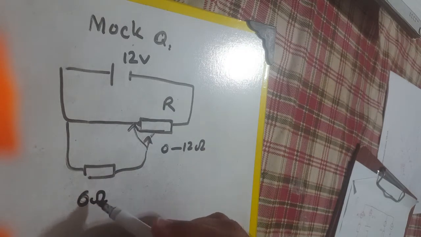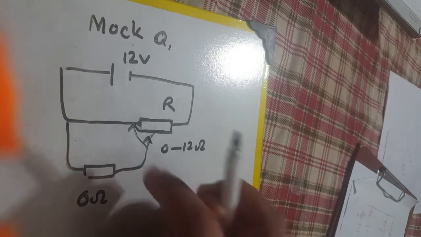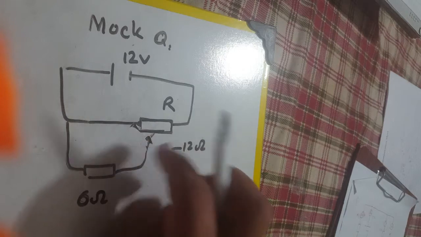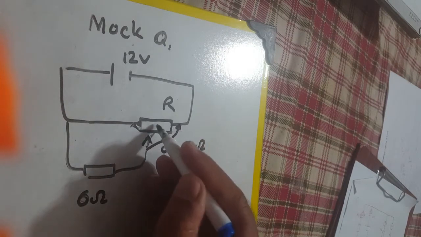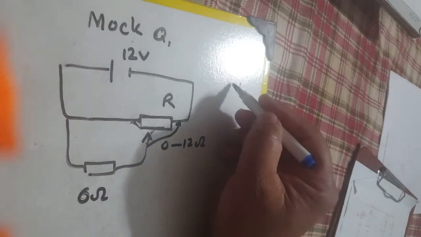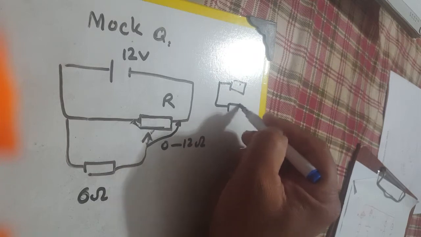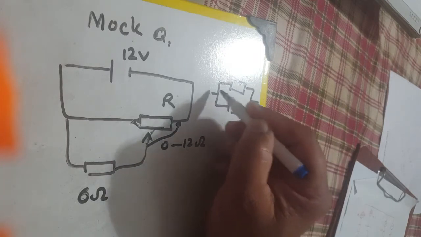So only the 6 ohm resistor will be marked. ठीक है। When we move this contact to the other side, then that is a parallel combination, just like that. Both resistors are intact. ठीक है।